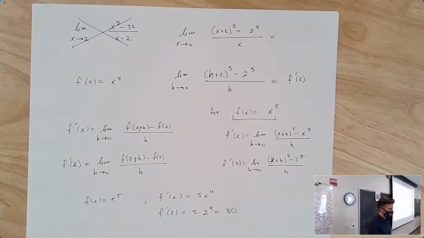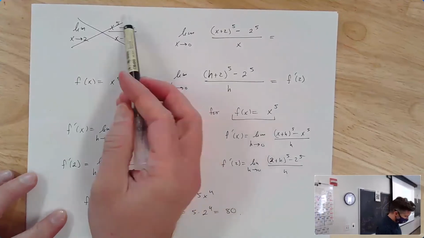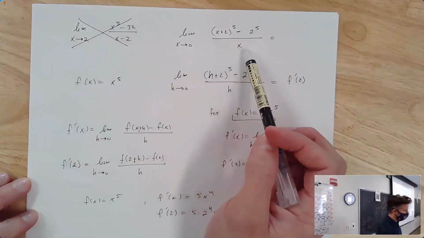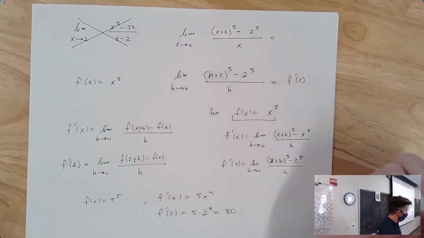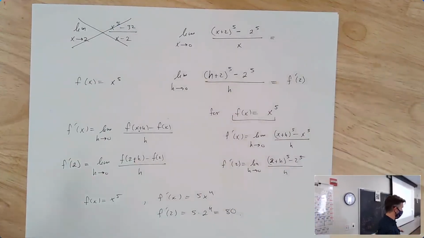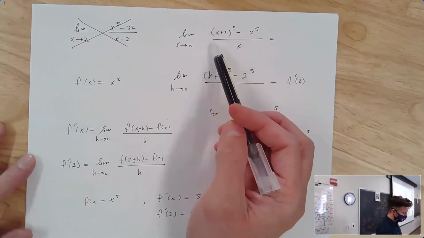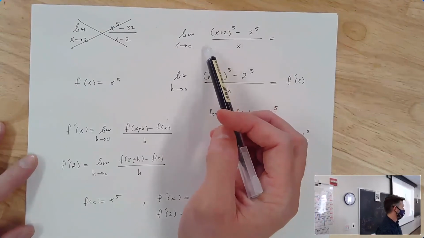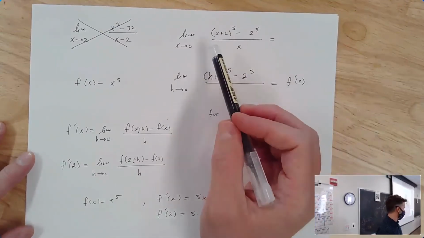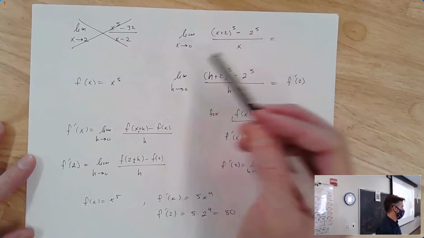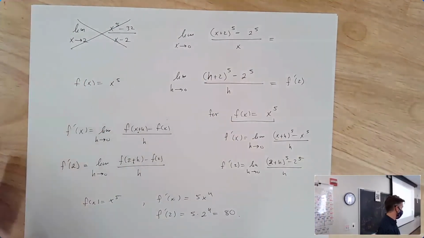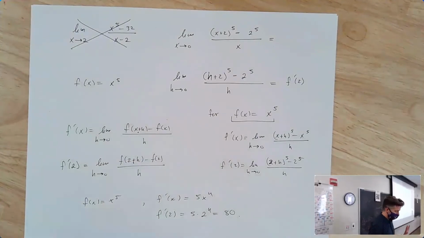Certainly, and just to back it up a little bit, if I gave you this example or even this example, it totally is something you can multiply out and cancel stuff and actually just do the limit. You can multiply this out and get x to the 5th plus 5 times x to the 4th times 2 plus a bunch of other things, and stuff cancels. The limit works out to be 5 times 2 to the 4th once you cancel this stuff. But